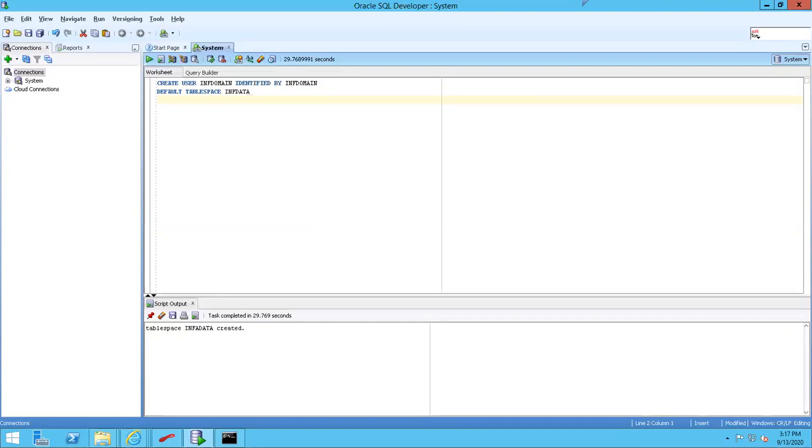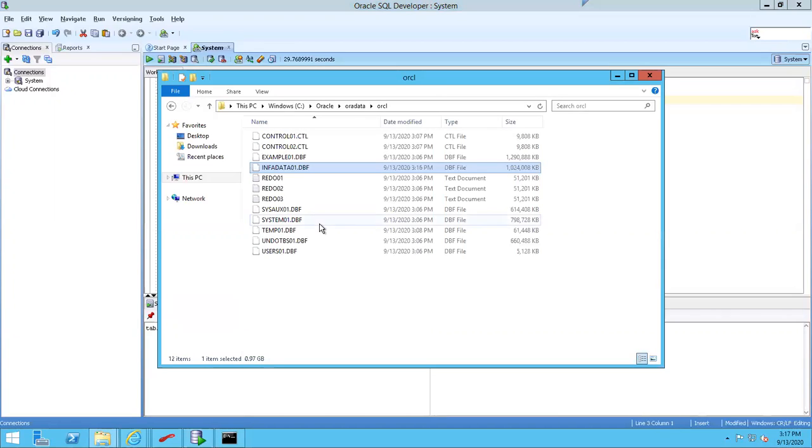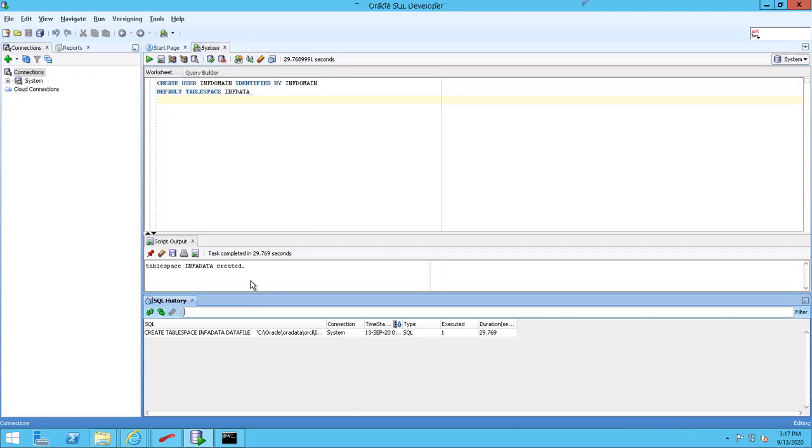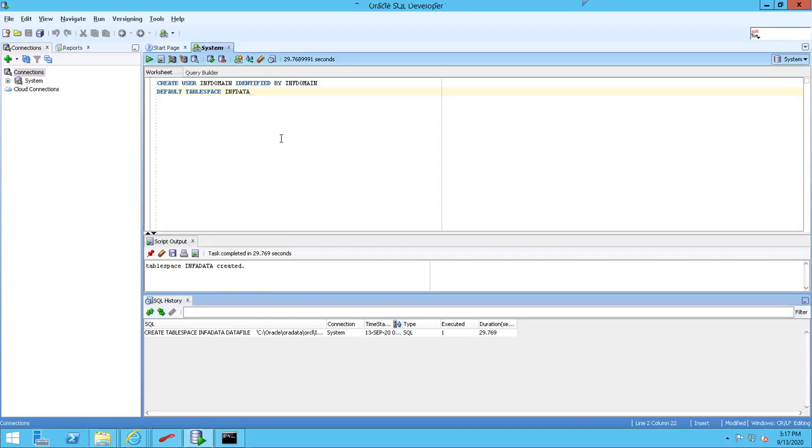Is that info data or inf data, whatever I've created? Let me go with history and see the commands. Okay, it's info data. Info data is the name of the table space.